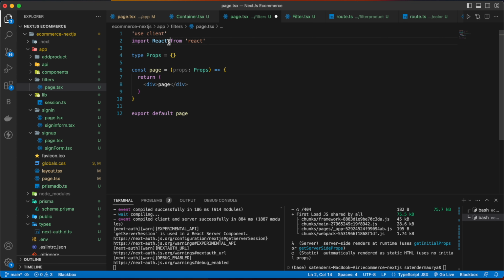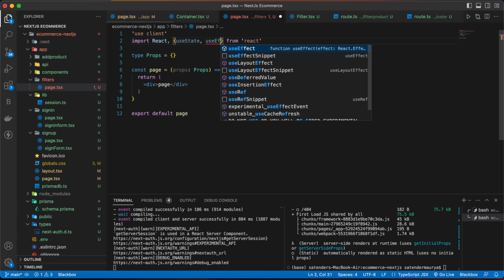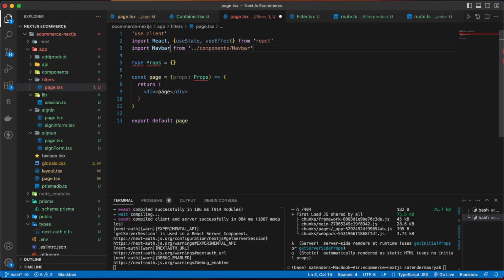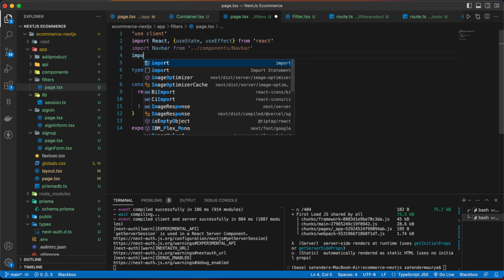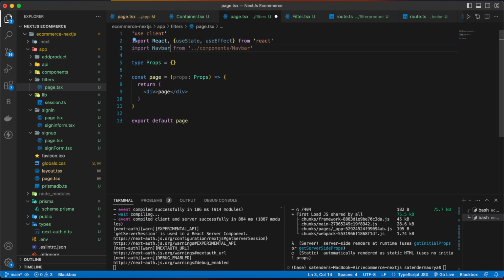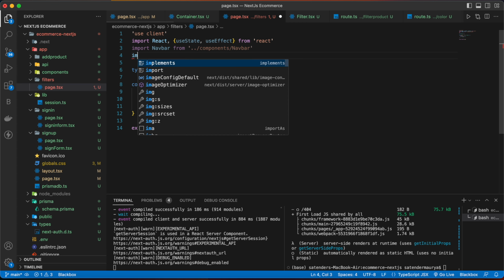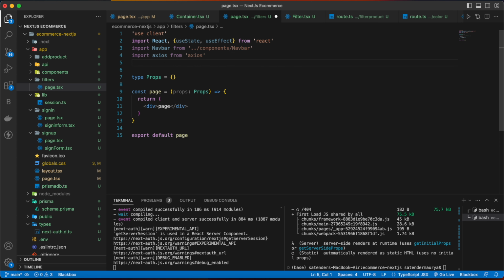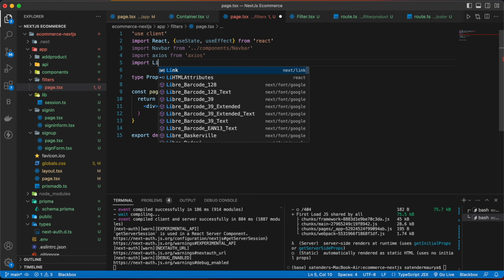Then we are going to have useState, useEffect, then import a navbar, then import filters, then import axios, then import link.